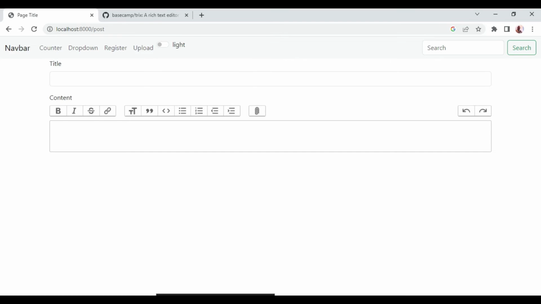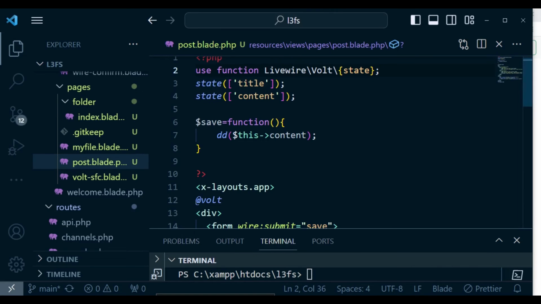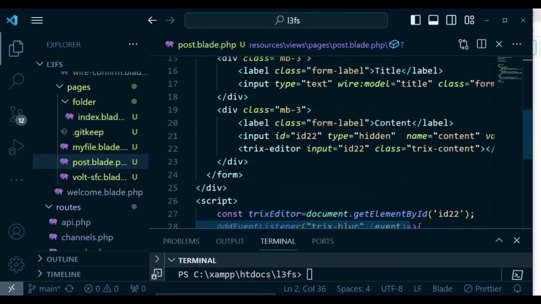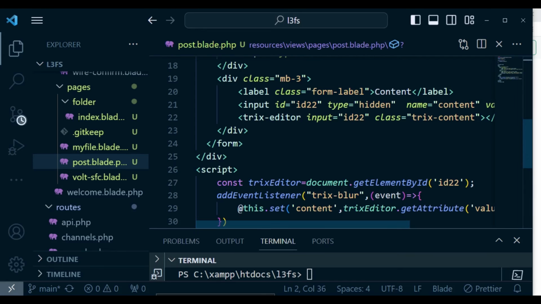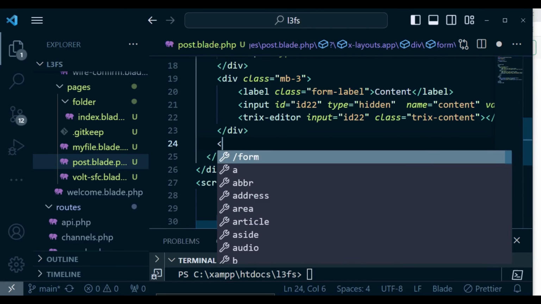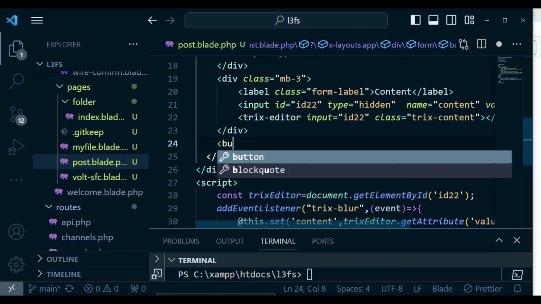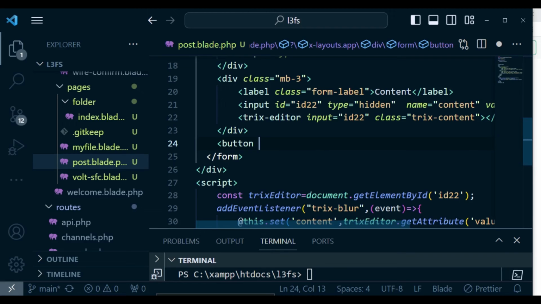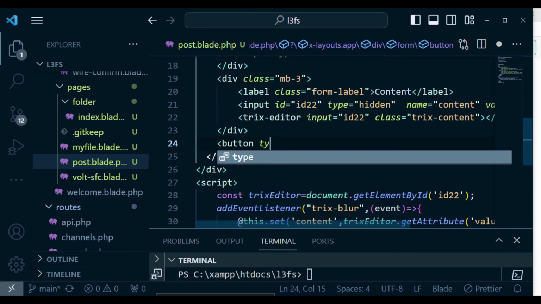And now we are able to load our Trix editor. The only thing that I've forgotten to do is to have a button for submitting. So that is the only thing that I need to have. I will put it somewhere before we close the form tag. So I'm going to have button, and I'm going to have it having a type of submit,